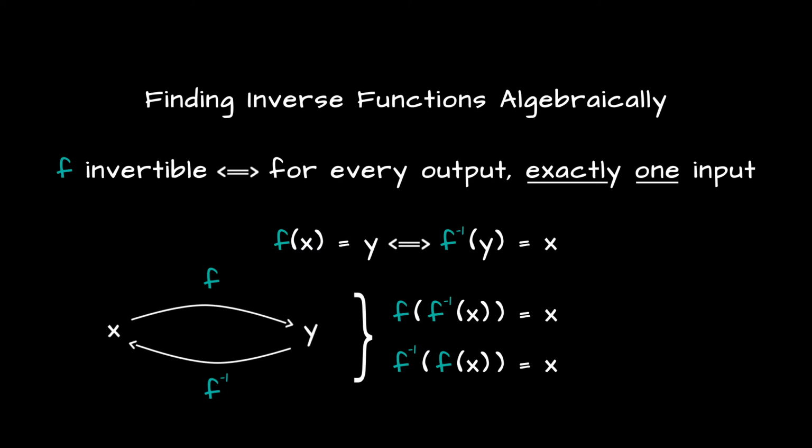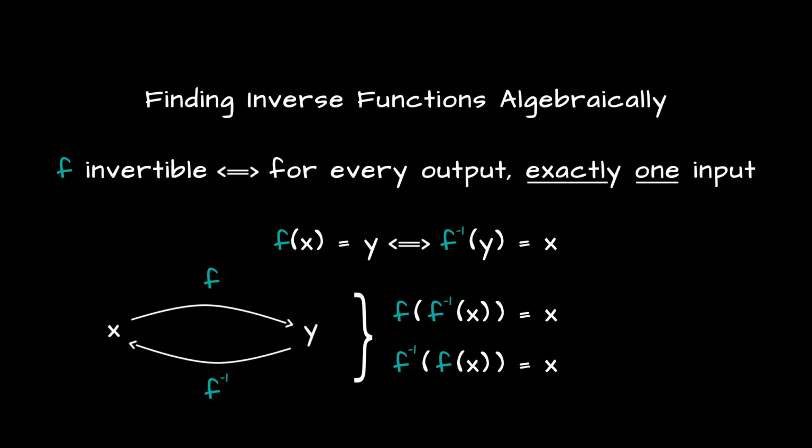And recall that contemplating this diagram reveals two important identities involving a function and its inverse. Indeed, if we apply the function f to x, then it will take us to y, and then applying the function f inverse to that will take us right back to x. Or, going the other way around, f inverse will take some element to x, and then applying f will return us right back to that same input. In other words, the composition of a function with its own inverse, in either order, must just give us the